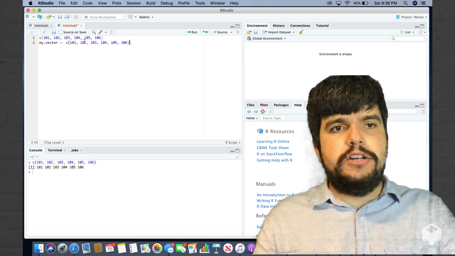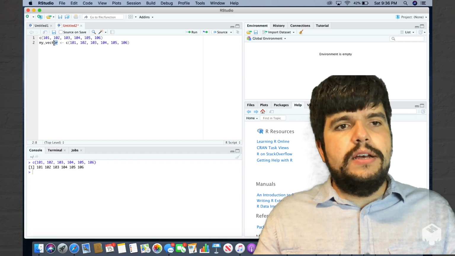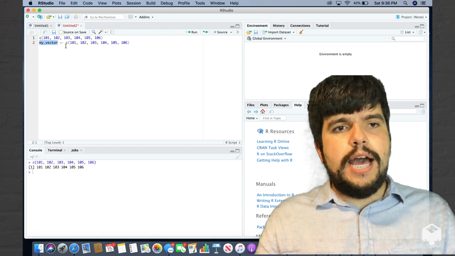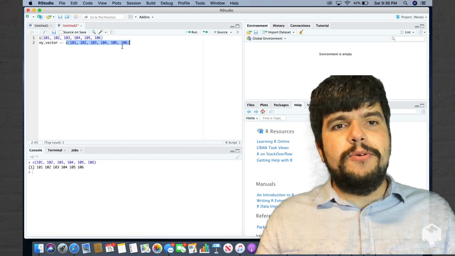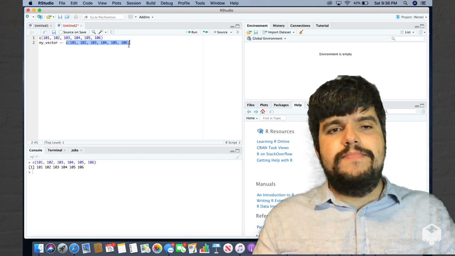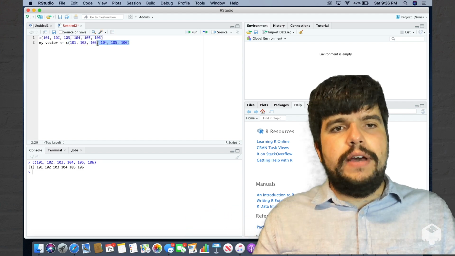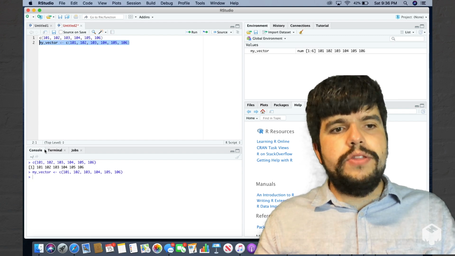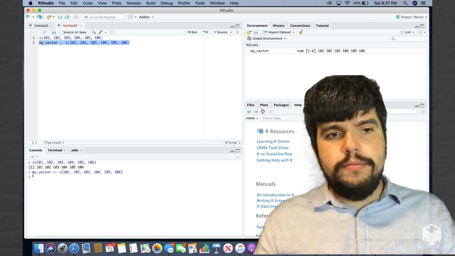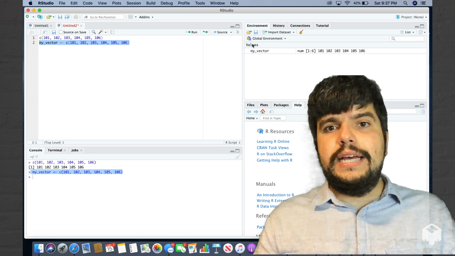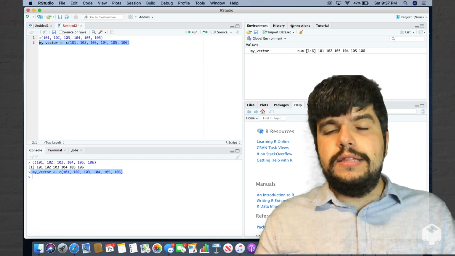So on the left-hand side of this reverse arrow, we have the object's name, and on the right-hand side of this arrow, we have the object. We created the object. So now, if I highlight this and click Run, the console printed my code right here,